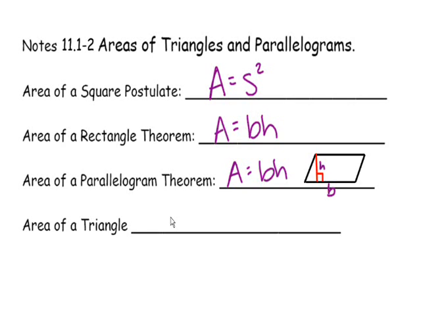All right, and then my area of a triangle theorem simply states that the area of a triangle is 1/2 the product of a base and its corresponding height. Area equals 1/2 base times height. Some of you also like to write it like this, base times height divided by 2, same thing. All right, so these are things you all already knew, but I'm just pointing out that they are either postulates